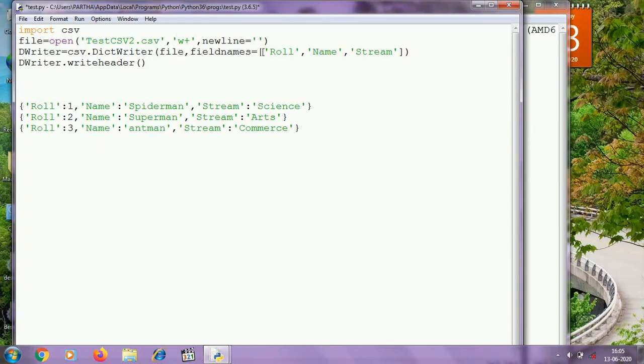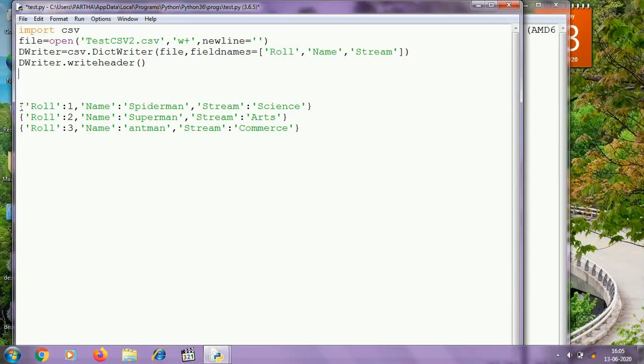And in the normal case we used to write using the writerow method or writerows method of the writer object, and the DictWriter object also has these two methods. So using the DictWriter object we can also access the writerow method and writerows method.